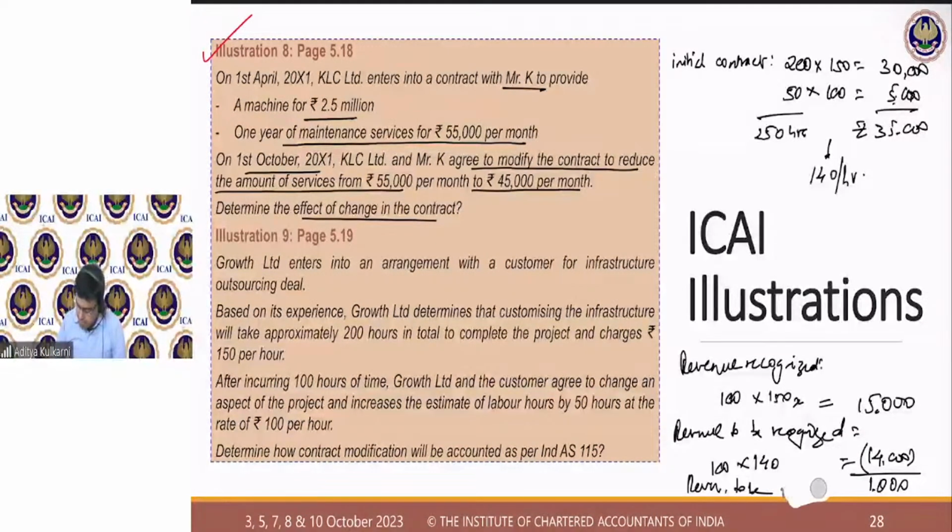Revenue to be reversed. Are we clear with this? Yes, you will be reversing revenue to the extent of 1,000 rupees because you have booked the revenue at 15,000 when in fact it had to be booked at 14,000. Did everybody understand this? Very clear. This we call cumulative catch-up adjustment. I caught up with my rate and I do the retrospective adjustment.